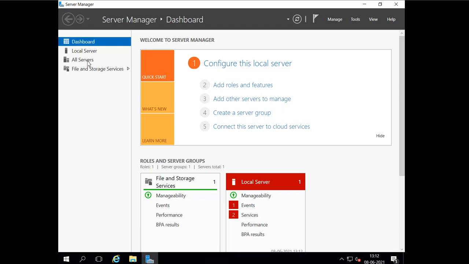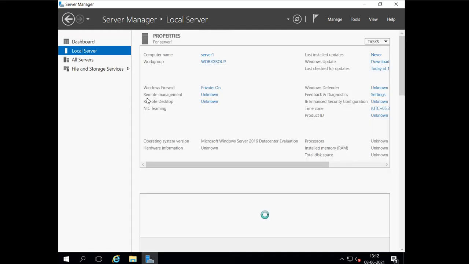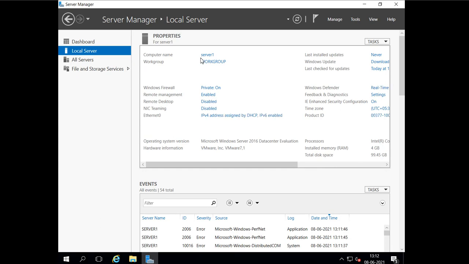Now what else we should change here? If you want to manage the firewall, you can change the firewall settings, like you can enable or disable the firewall. You will click here. Now for practice, I am going to disable the firewall.